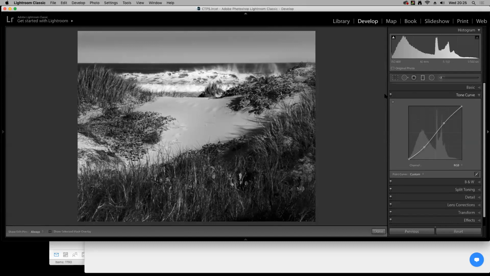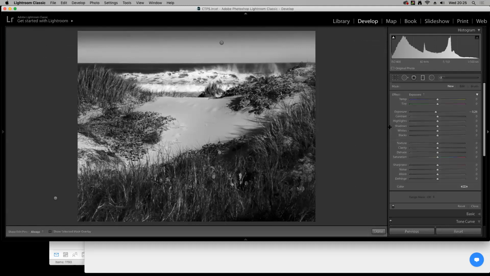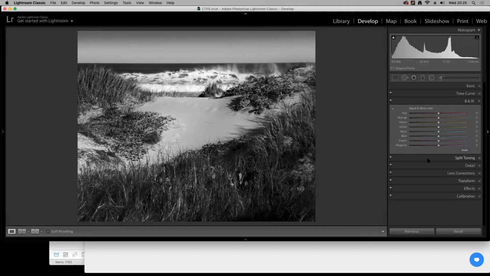And I'm going to come back to my gradient of the sky here and just maybe put it a touch higher and darken it a touch more, just like so. There we go. And then we can go and do some more subtle adjustments when we come to black and white here. I'm going to pull the greens down a little bit. That's aqua, sorry, greens. There we go. That will flatten the grass out a bit more